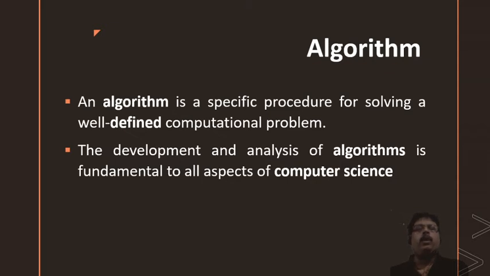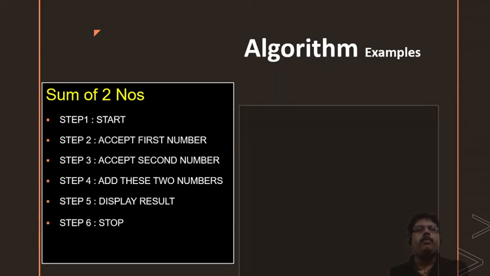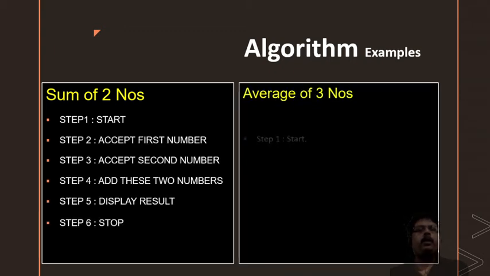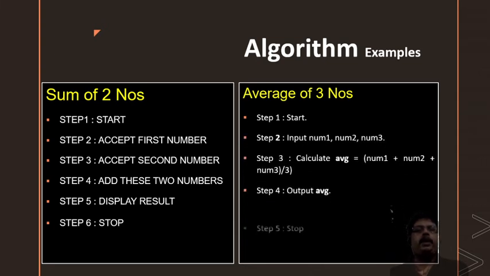Now, algorithms are written to achieve certain tasks. How the program has to be written is predefined as an algorithm. Now here I have an algorithm to calculate the sum of two numbers and the average of three numbers. This is an example that I have given. So how will we do it? That is the question here. You see here there is no programming syntax or anything like that.